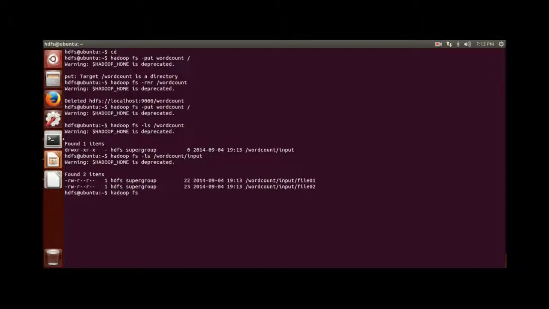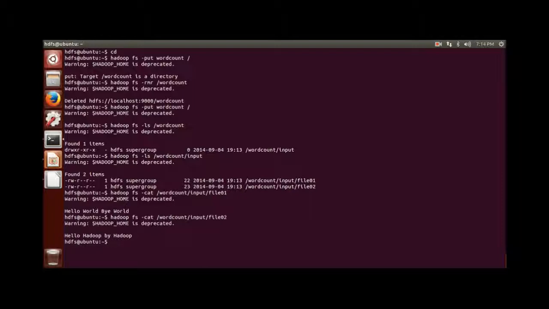This is just for confirmation that Hadoop works fine and loads all the data without any corruption. Hello world bye world is the first file, hello Hadoop bye Hadoop is the second file content.